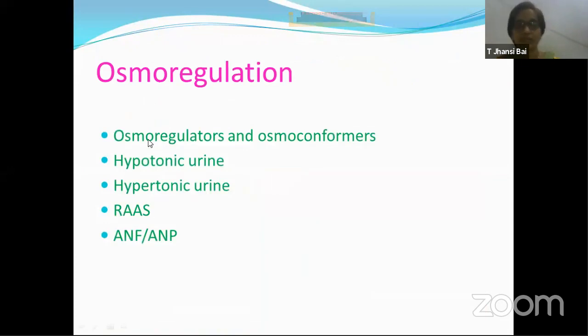What are the four things that we have learned over here? When you take less water, what happens? The nephric filtrate becomes very less. Then we studied the role of ADH in producing hypotonic and hypertonic urine. We have also studied what RAAS stands for, and it is ANF which works opposite to this RAAS. So these are the four important mechanisms in our body, bringing about the regulation of water amount in our body.